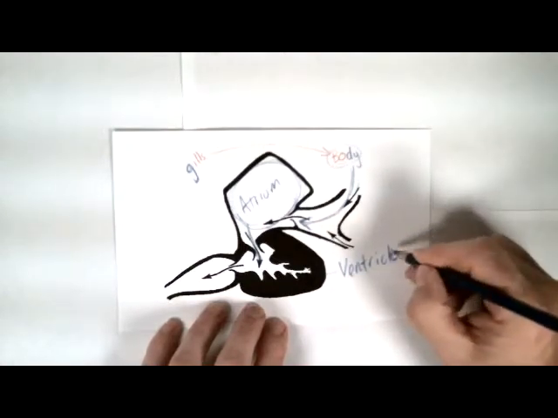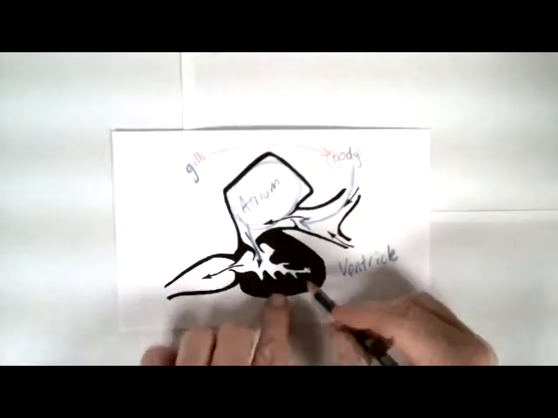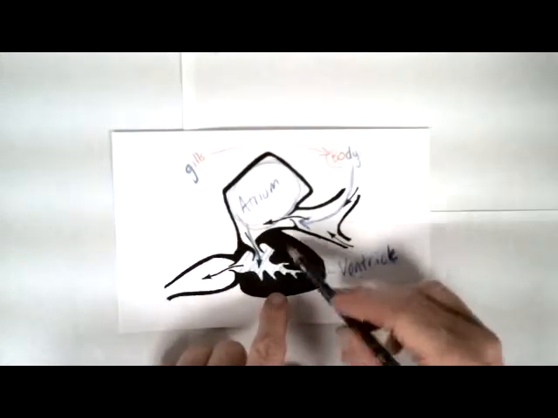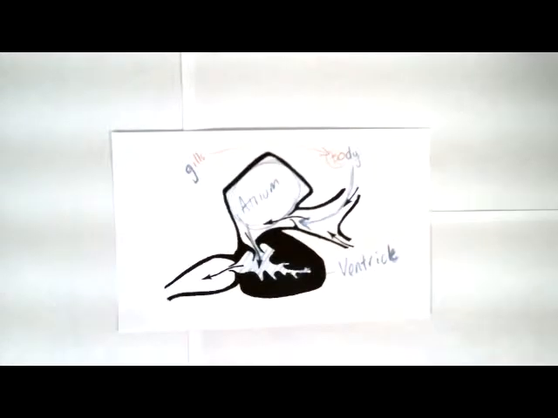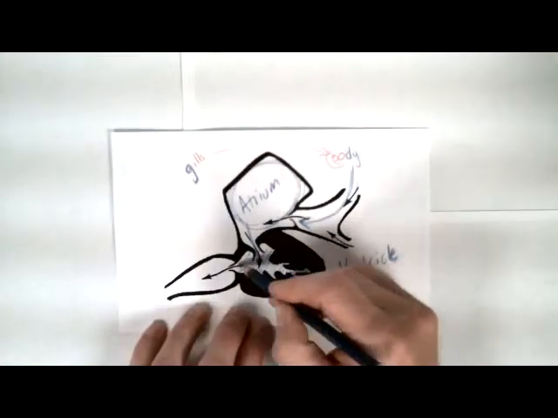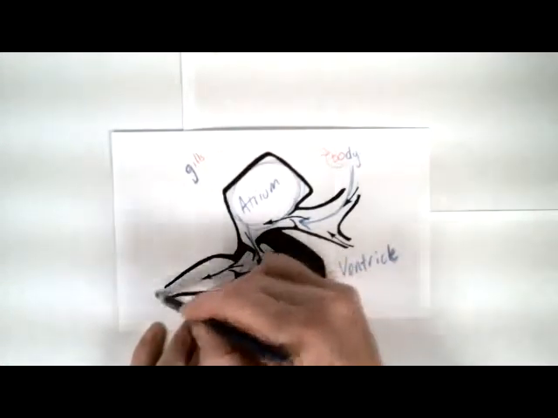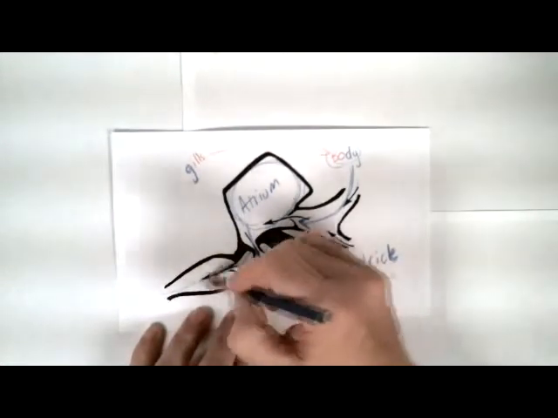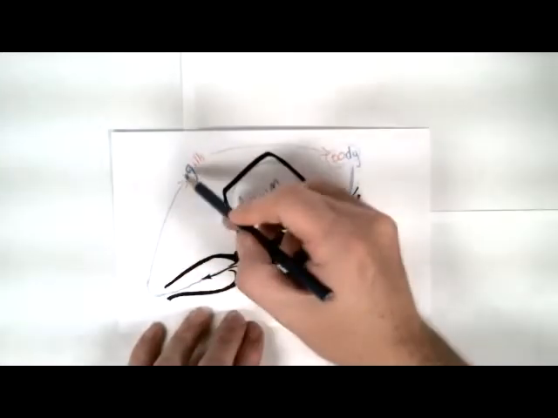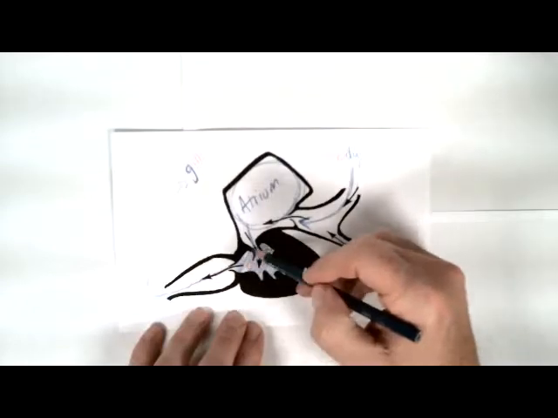So this ventricle here has the deoxygenated blood in it as well. And this ventricle, this black here, represents that muscle. The ventricle is very muscular, very strong, and it's going to send the blood out through this vessel, this artery, to the gills, so that this blood that had the oxygen